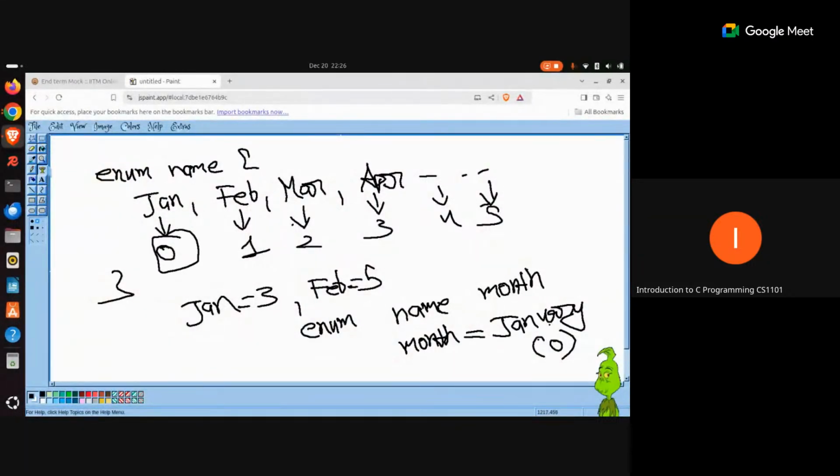You are writing this January here just for descriptive purposes, so that you can understand this code after a given time, or even your peers can understand this code that you have written. So are you able to understand the idea behind creating enums? This is just a map of a descriptive value to an internal value.